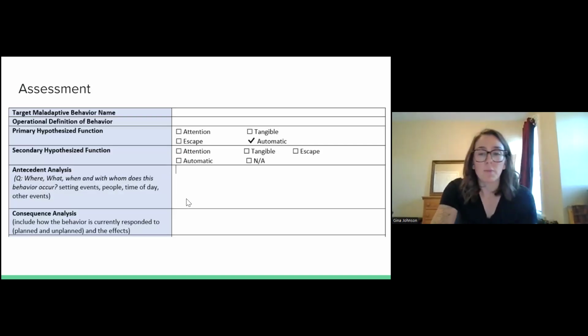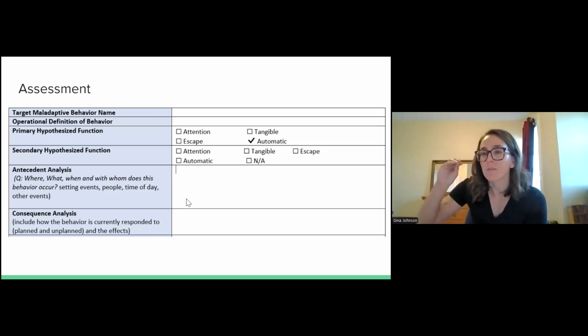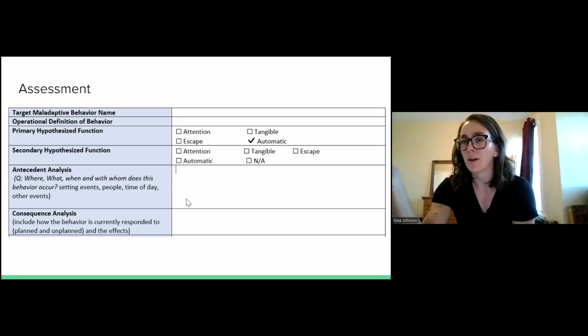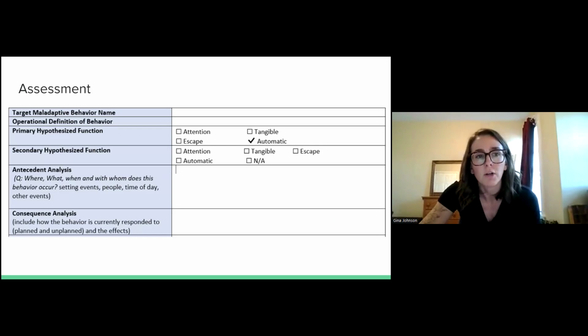So that's the assessment piece. So again, keep those things in mind, those potential consequences and reinforcers, when you do this part of the FBA. I won't even say some of the time, I'm going to go with some of the time I see automatic, but this applies to all of the functions. So this is a note about this section of your FBA in general: when you check your hypothesized functions here, especially the primary, I need to see that reflected in the antecedent and consequence